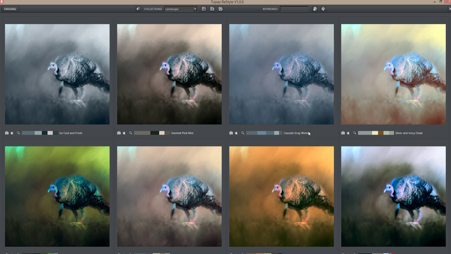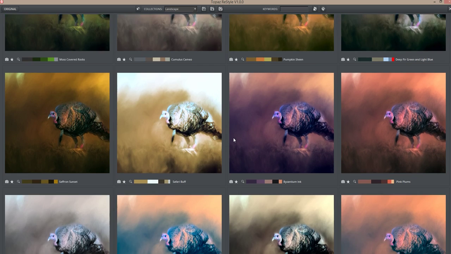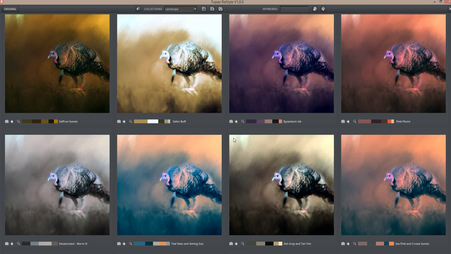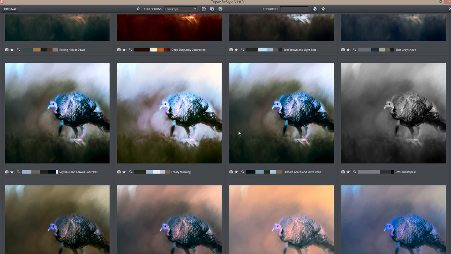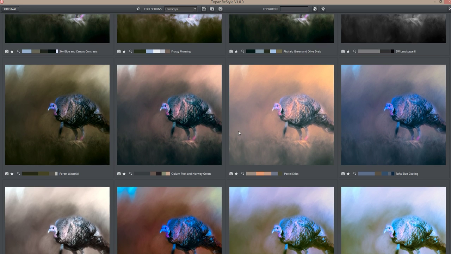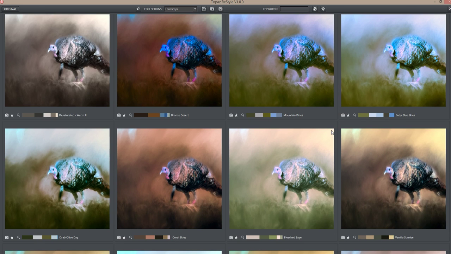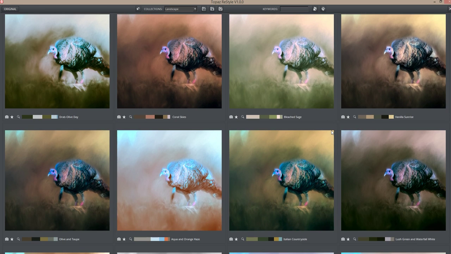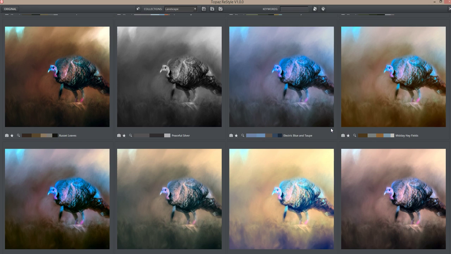I'm on the landscape one, and it shows you the different ones that you can pick from, and these are shown at full opacity. They're very strong, very harsh. I'll try to find one that may have a look like what I want, if any, for my turkey. I may like him just the way he is. I'm just scanning down through to see if anything jumps out at me